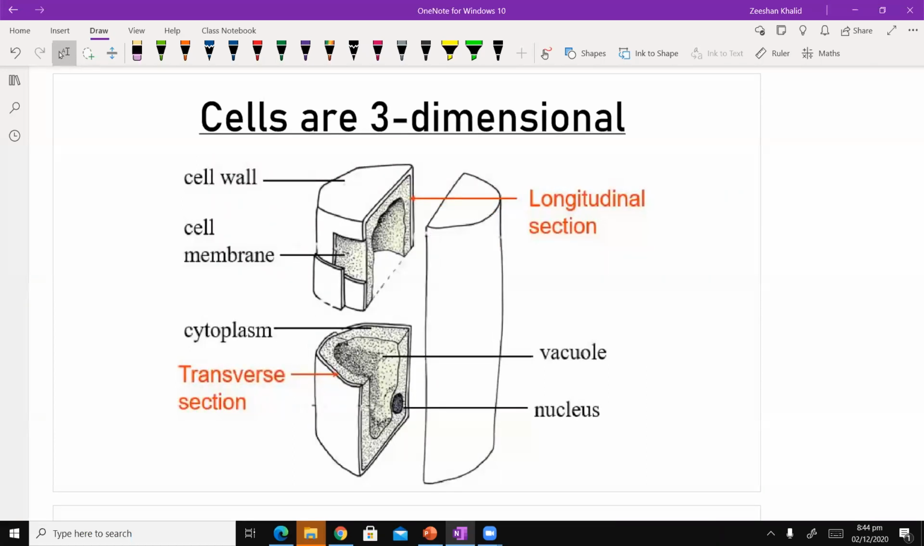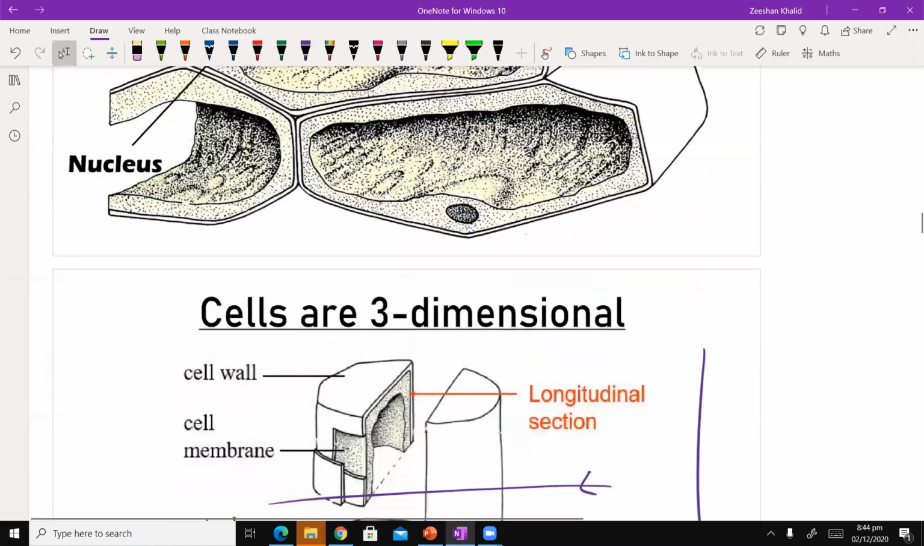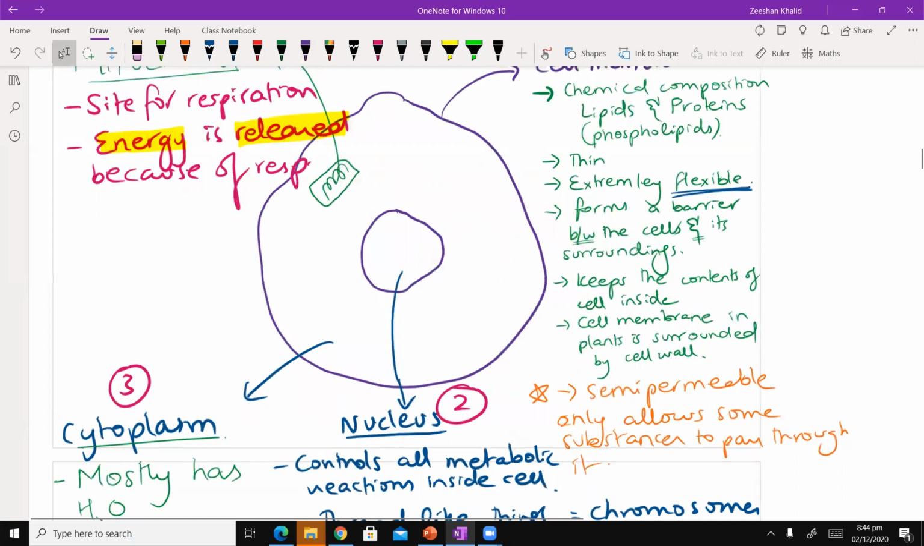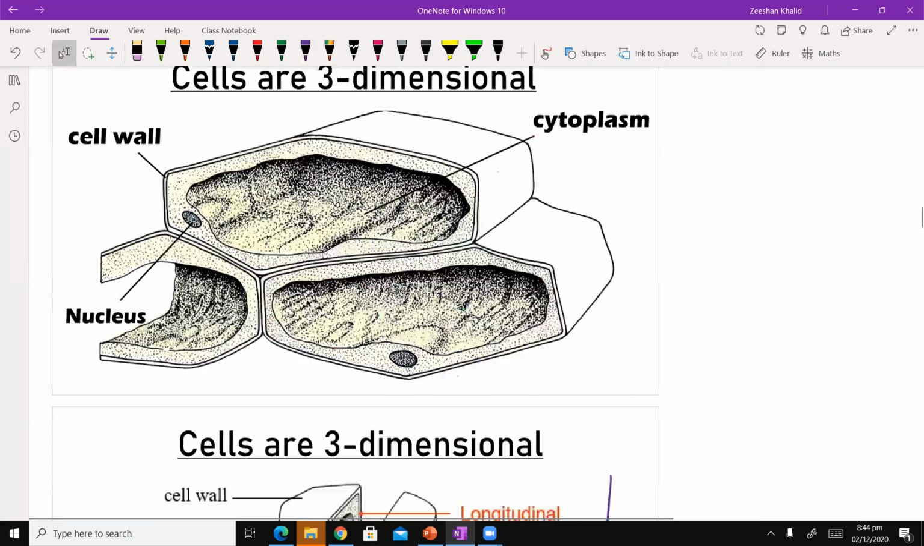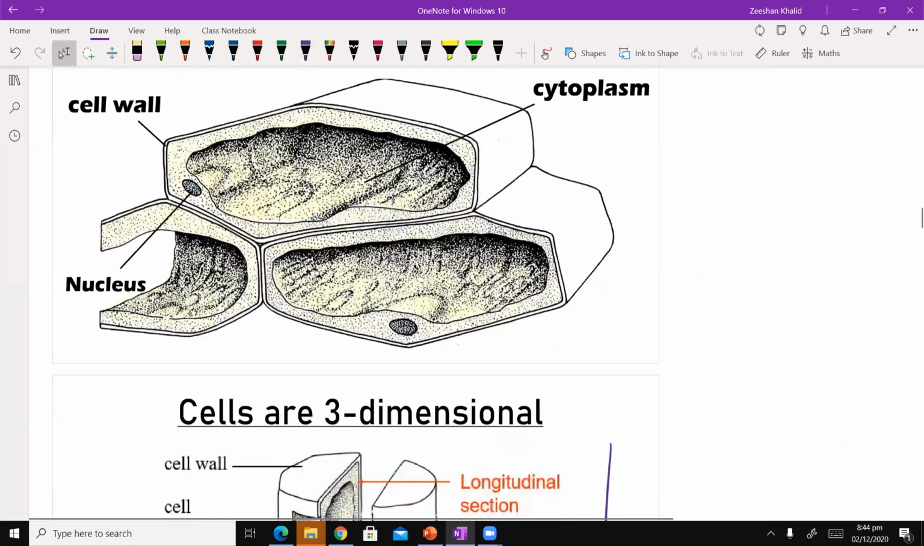Look at this picture. Literally, this cell is just like a cylinder. If you cut it in half longitudinally, and by the way, when I say longitudinal section, that's the direction of cut you make, literally from top to bottom. And if you make a cut in this direction, from left to right, that's known as the transverse section. So what I've drawn on my screen is a longitudinal section, okay? You don't need to worry much about the sections, honestly,